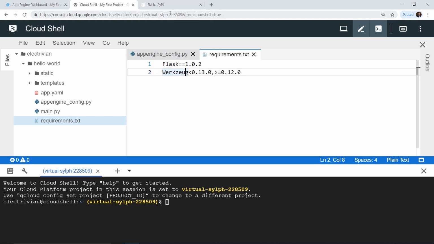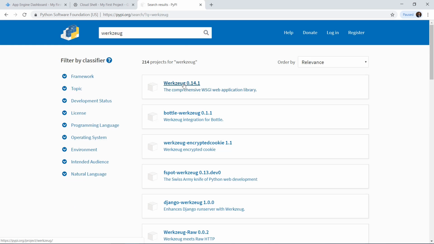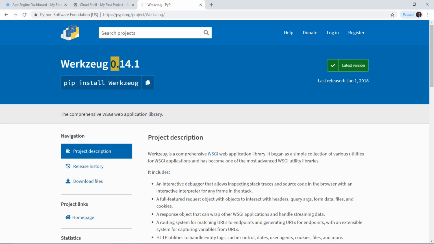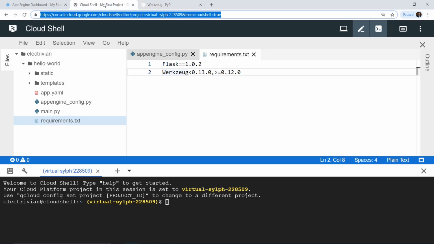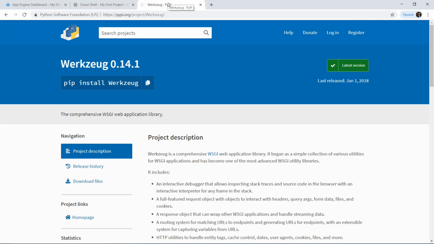This is because, let's look at the current version of Werkzeug. Currently the 0.14.1 version is active, but we don't want that version, because we'll be using some functionality for which support was dropped in 0.14.1.